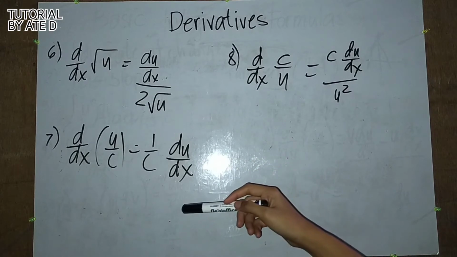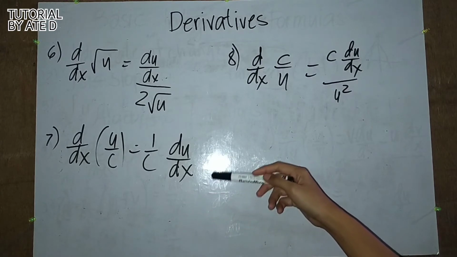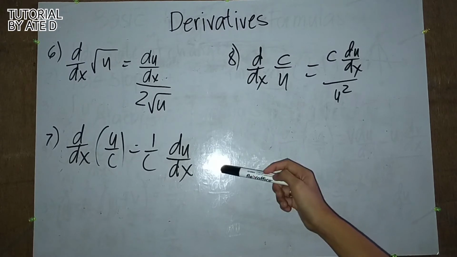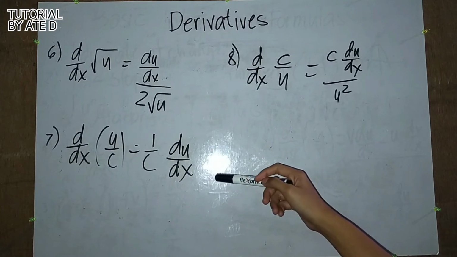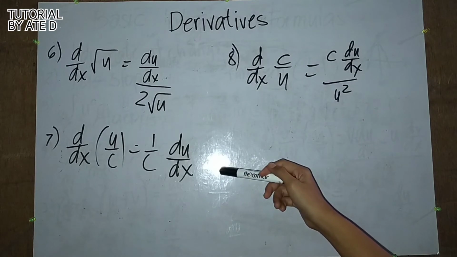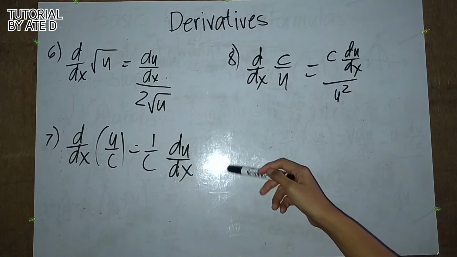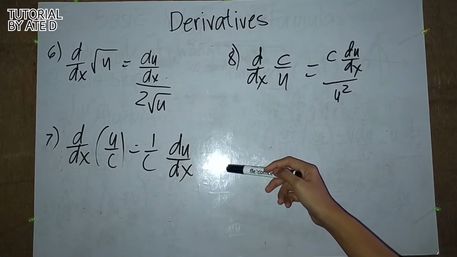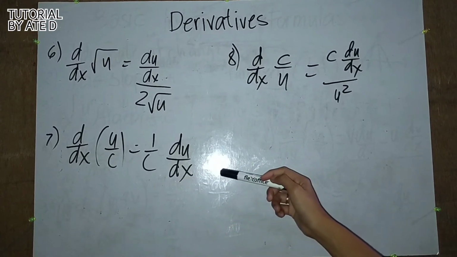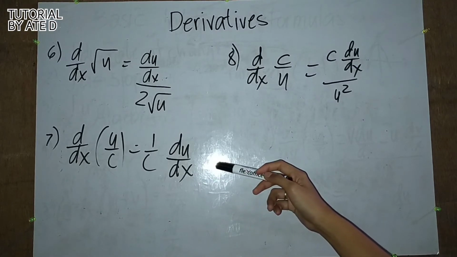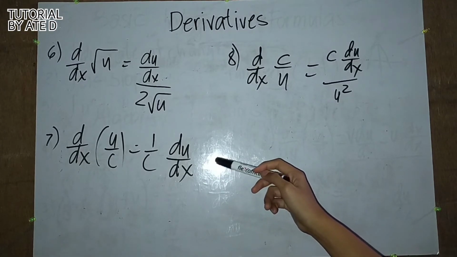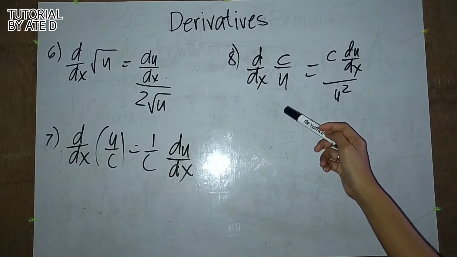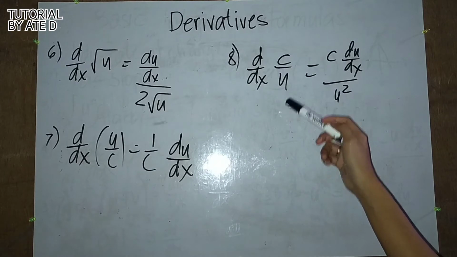So, for the next one, we have another derivative of a quotient, pero dito, function at constant siya. Nasa numerator ay ang function, habang ang nasa denominator ay constant. So, ito yung format. 1 all over c lang. Kokopyahin mo lang yung kung ano yung value ng c, tapos i-multiply yung derivative ng nasa numerator. So, for last one, derivative of a quotient pa rin, pero yung